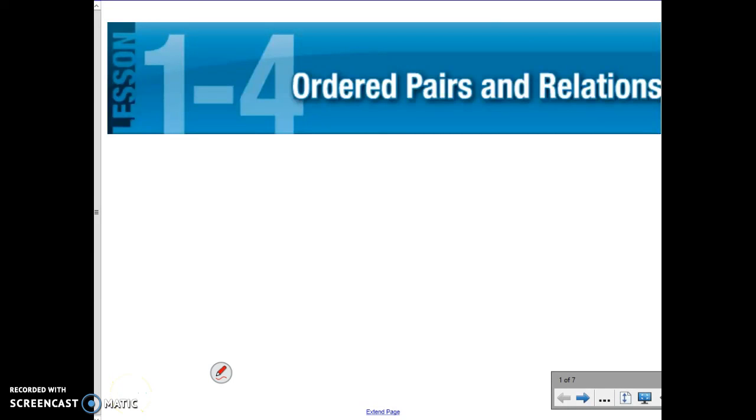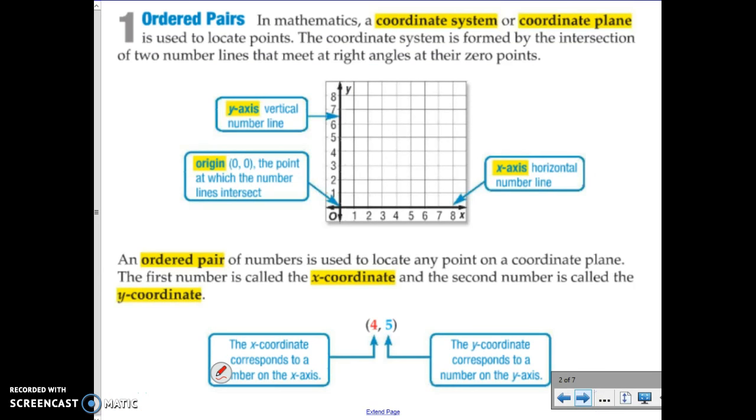This is lesson 1-4, ordered pairs and relations. In mathematics, a coordinate system or coordinate plane, sometimes referred to as a Cartesian plane, is used